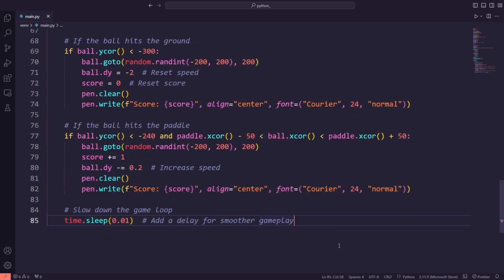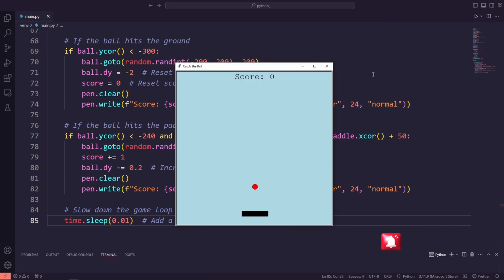And that's it. We have just created a simple and fun game in Python. You can customize this game by changing the ball speed, the paddle size, or even adding more features like multiple